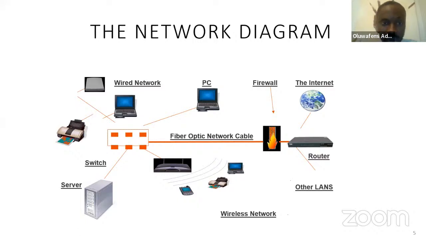This is typically a network. All of these guys communicate to themselves one way or the other, right? This fiber optical network cable is an interconnection between them. So it's the medium at which they communicate, right? These are nodes: server, switch, PC, those are nodes. Then the protocol that they use to communicate are the set rules on how they should communicate, right?